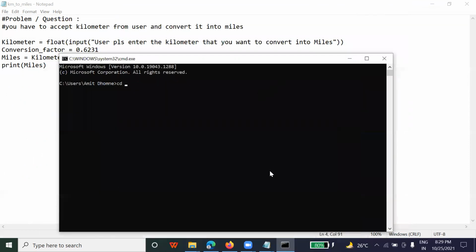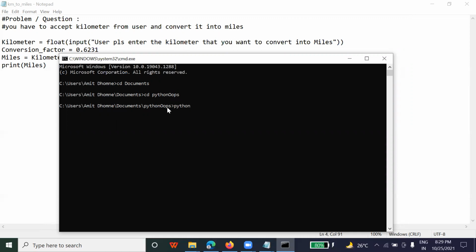Don't make a habit of copying every time. You can write it down yourself as well. Inside this cd document, I will come to that document, then Python oops. So I come to that Python oops. No need to copy. You can do it. If you remember the path, you can just type cd path and go to the folder.